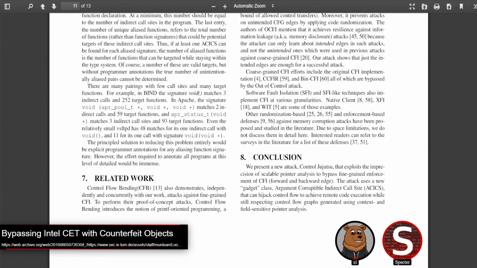I'd rather just have an arbitrary read/write or something, because dealing with ROP and all the side effects, it's just not fun most of the time for me. So yeah, there are data-only attacks, which is the more popular one. But it is interesting looking at these techniques, and it's worth doing because